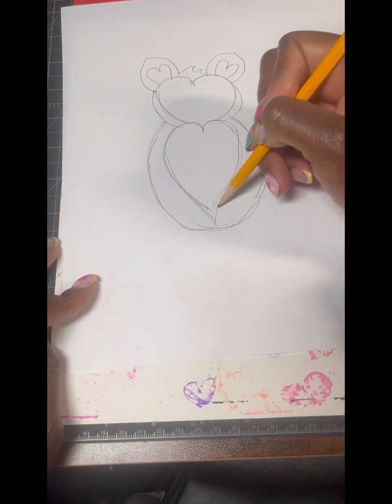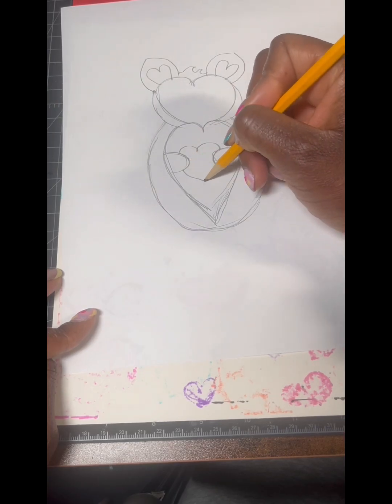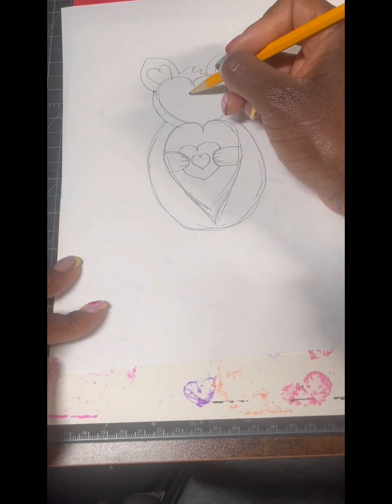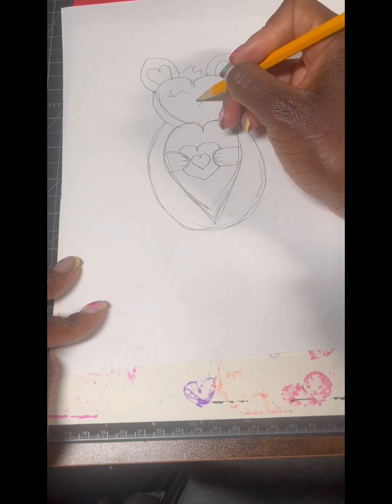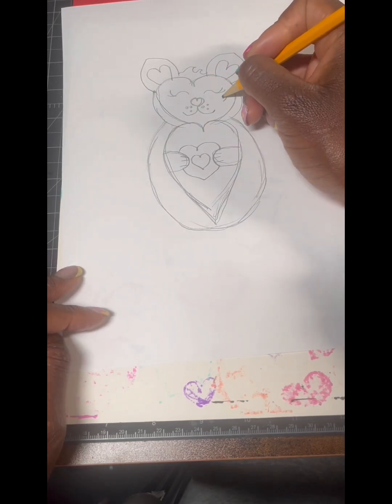I'm gonna bring the heart shape down a little bit to meet the oval and then add 2 oval hands. Don't forget to make the cat holding hearts. Add 3 lines to each paw and then create a wave type shape for happy eyes. Add a heart-shaped nose, a mouth, 3 little dots from where the whiskers will come out, and then 2 cute